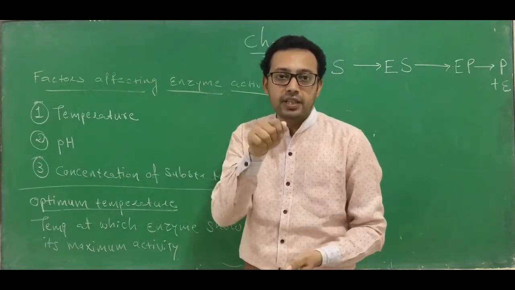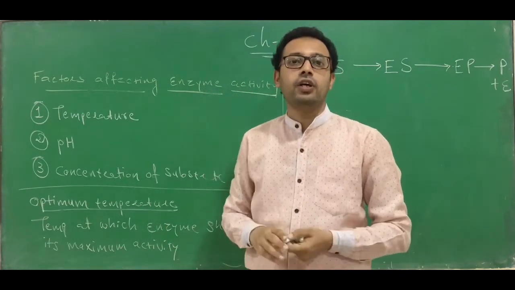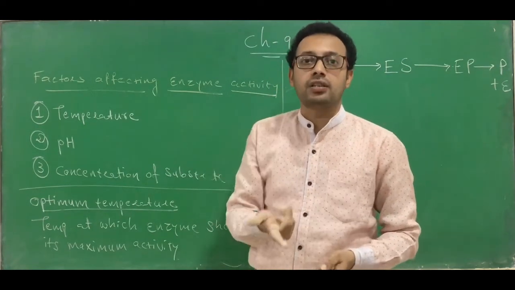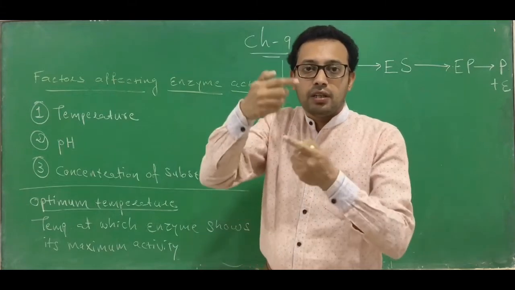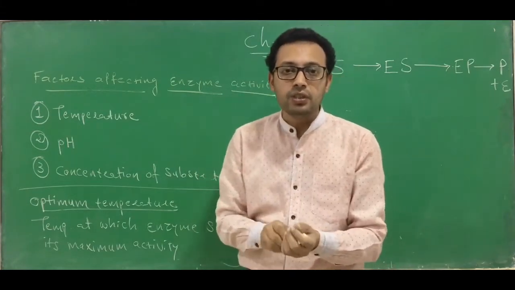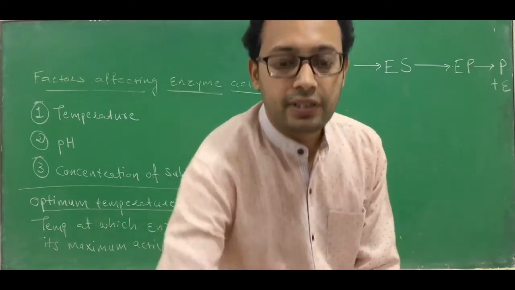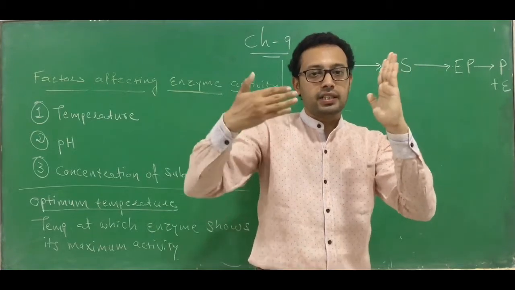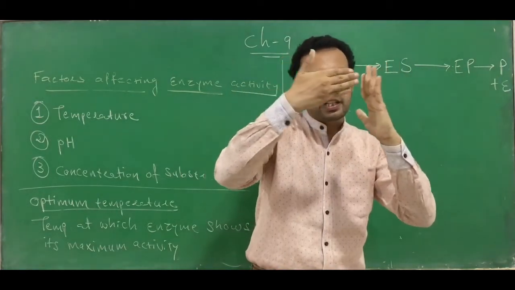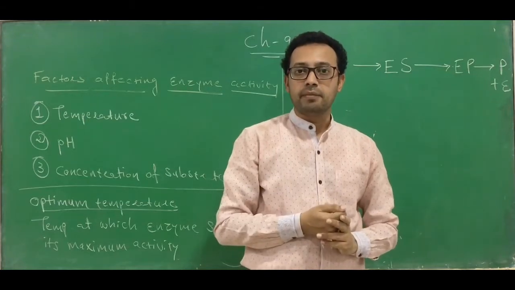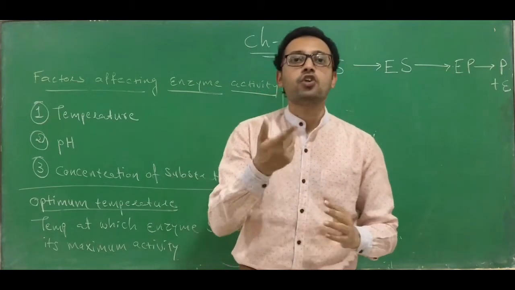Like a particular key only opens a specific lock only. It is not like a key can open any lock, because there is a matching of the grooves. If there is a matching of the grooves, then and only then it can open the lock. Suppose, for example, this is a lock and this is a key. It can only go in like this. It can open the lock only if it matches. If it is not matching, it cannot open the lock.